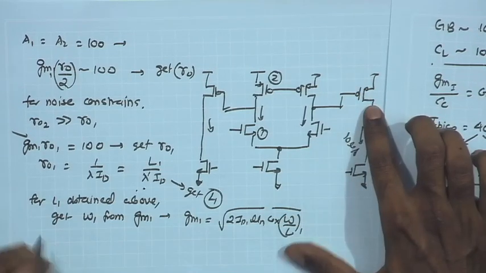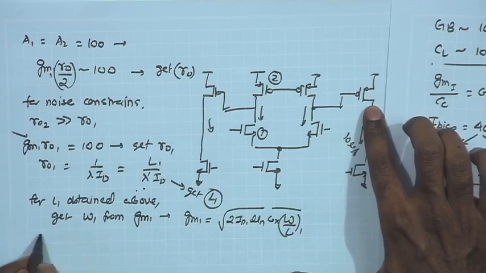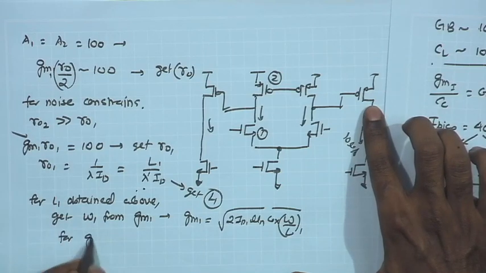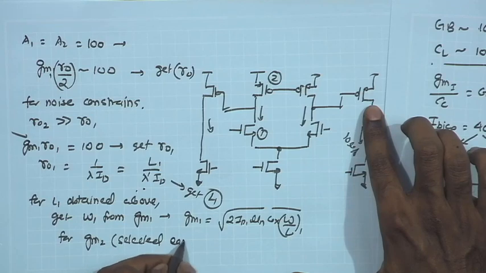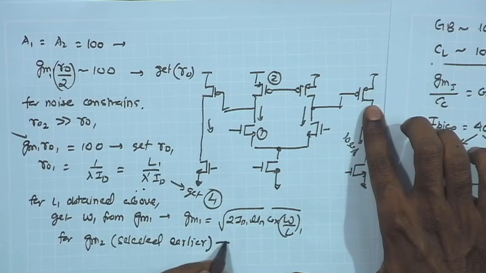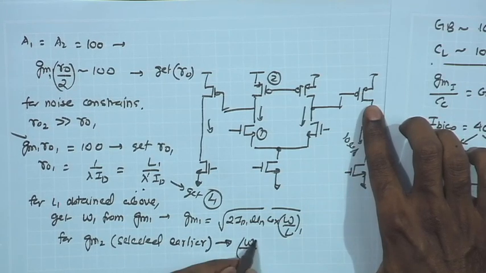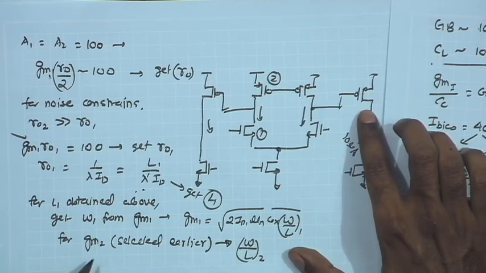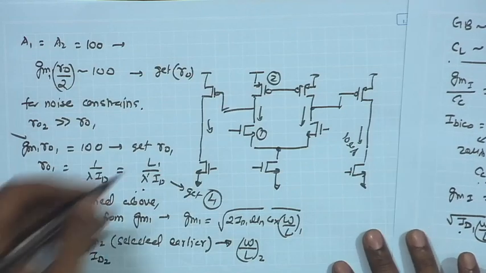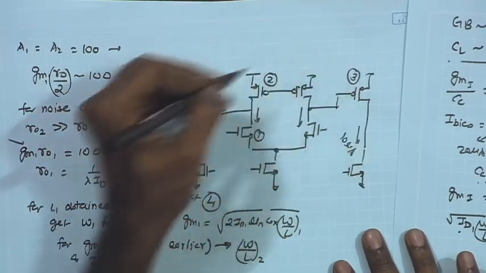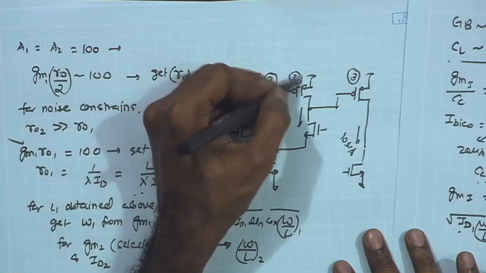So, from this I can get for GM2 assumed earlier, I can obtain the value of W by L2, GM2 and ID2. So, GM2 and ID2 that we obtained earlier, from there we can estimate what is the value of W by L2 required. Let me rather call this 3, let me call this pair as 3. So, this is 3 3, this is 2 2, this is 1 1,